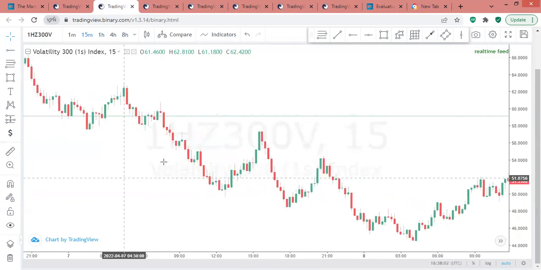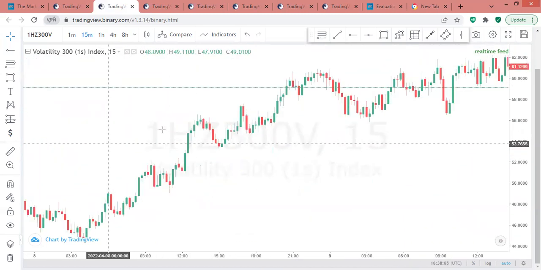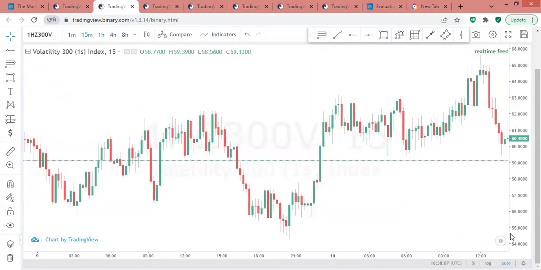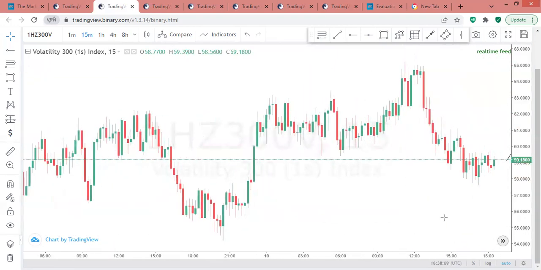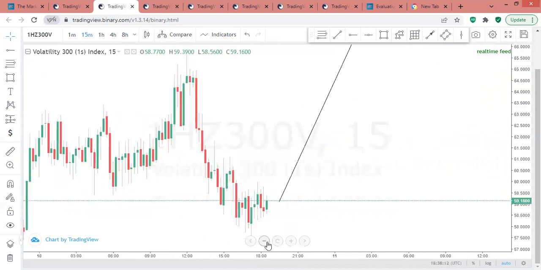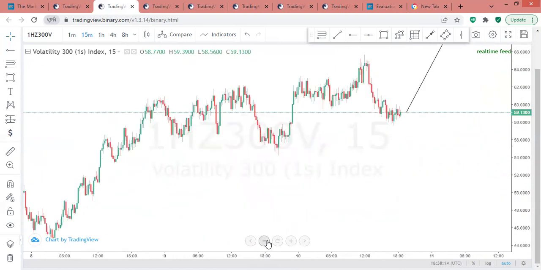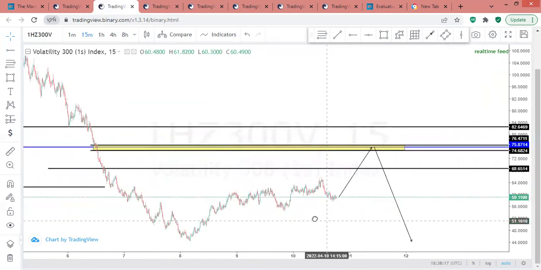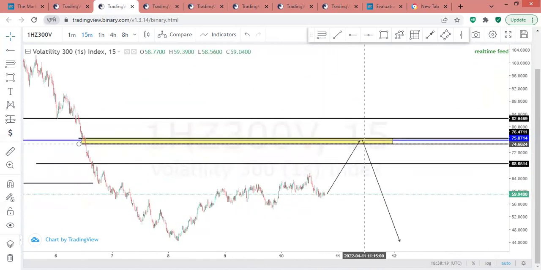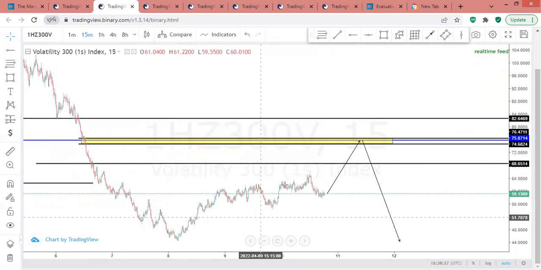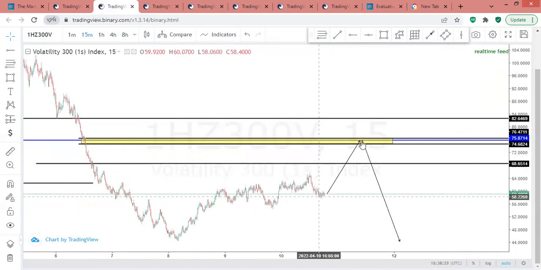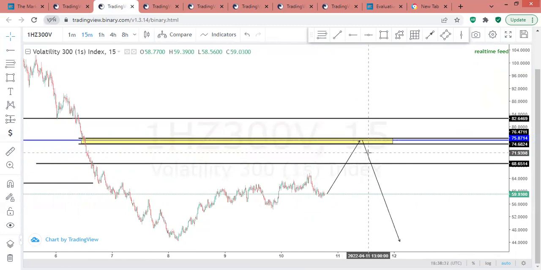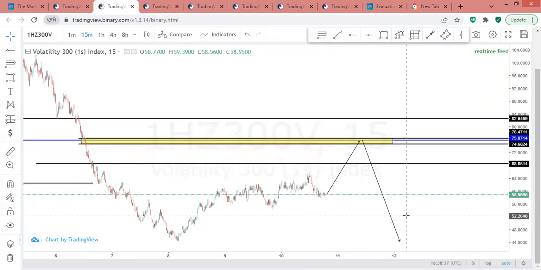So what I'm looking at on VIX300, let me show you. Let me take it forward. Okay, so I'm looking at a situation whereby price goes up, taps into my supply zone, then continues to go down. That's what I'm looking at. And when you look at what is happening here already, price is creating higher high, higher low, higher high, higher low. So price is actually dancing towards my supply zone, where I'm looking for a great sell to the downside. So this is where I'm going to be